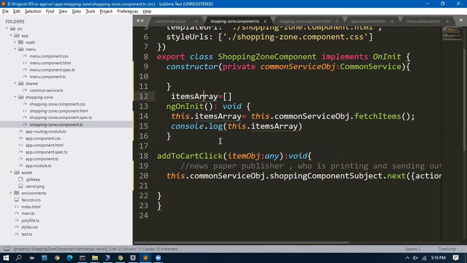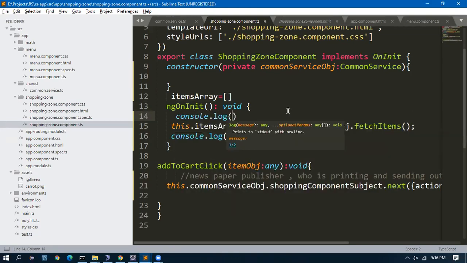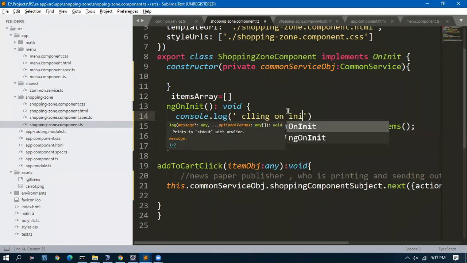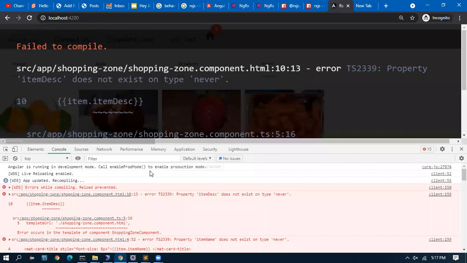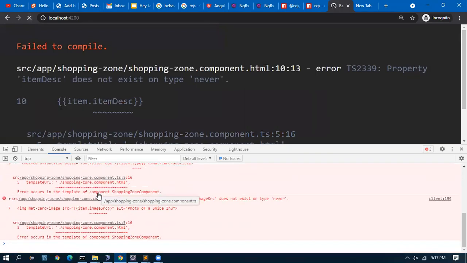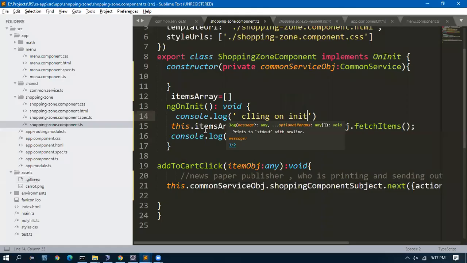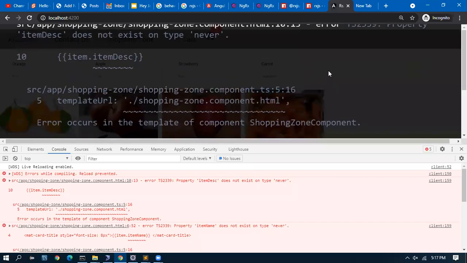We have this items array here. ng on init, console.log calling on init. But the value is coming, I see a result.